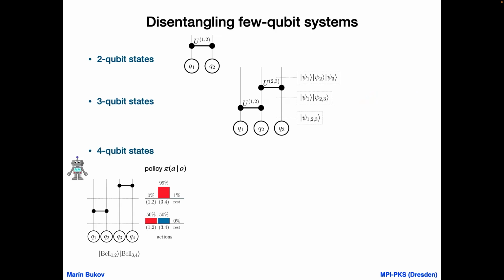But let me just take a couple of 4-qubit states and see how our agent performs on them. I take the agent, trained like I showed you in the movie, and now I'm testing it. So let's start from a state that I'm showing here. I want to experiment now with the agent, see how well it does. Let me take a Bell pair, which is in a product state with another Bell pair. The first Bell pair is on qubits 1 and 2, and the second Bell pair is on qubits 3